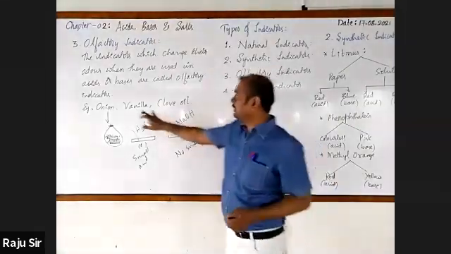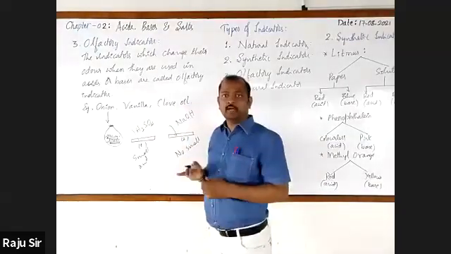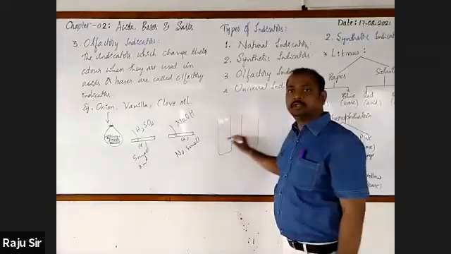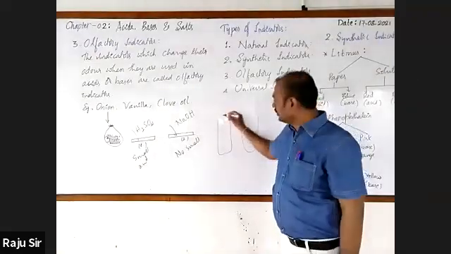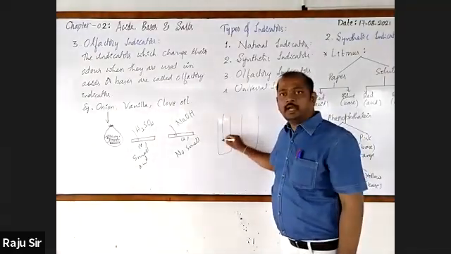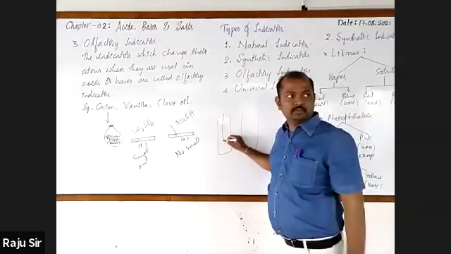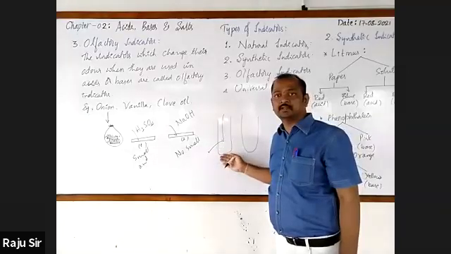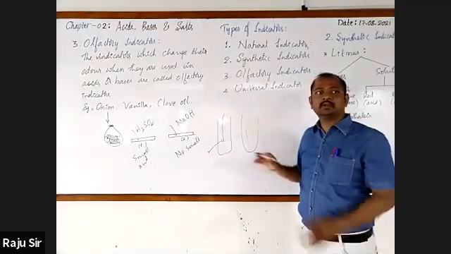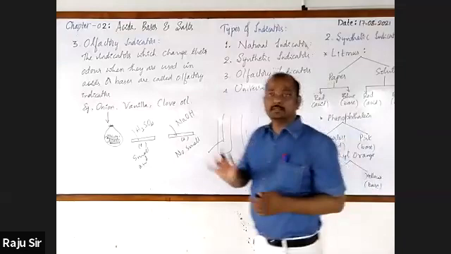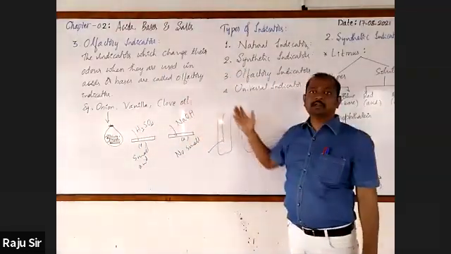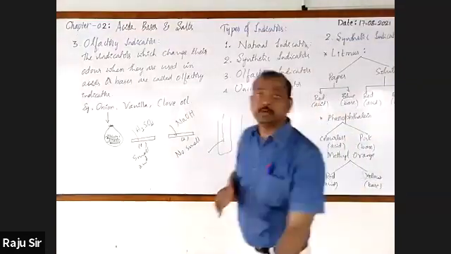In the same way, for vanilla essence, you take a sample of the given compound in a test tube and add some vanilla essence into this. If the smell is detected, you can say that it is acid. If no smell is detected, it is base. This is the way we have to use olfactory indicators to check whether the given compound is acid